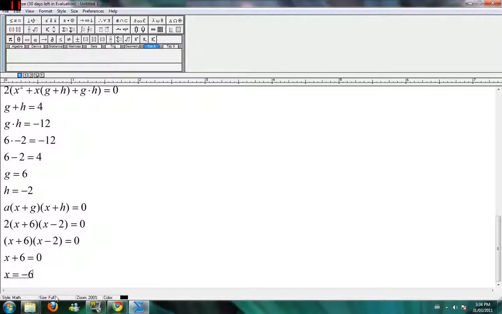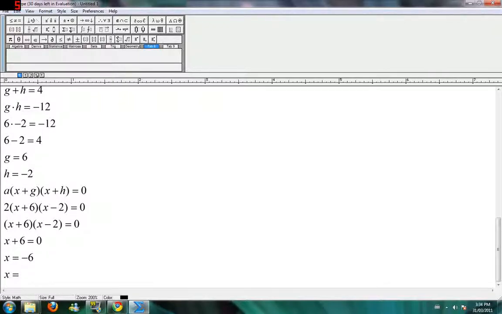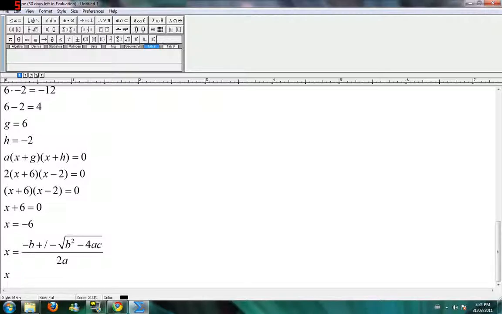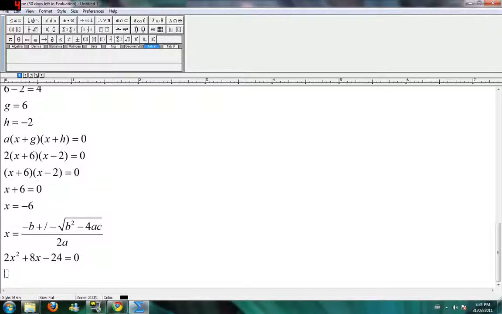The quadratic formula looks like this. x is equal to negative b plus or minus the square root of b squared minus 4ac, over 2 times a. Now this seems like something very hard to remember, but you get used to it and you'll be able to use it very easily. So we have our equation, which was 2x squared plus 8x minus 24 is equal to 0. So we can say that x is equal to negative 8, since our b was 8, plus or minus the